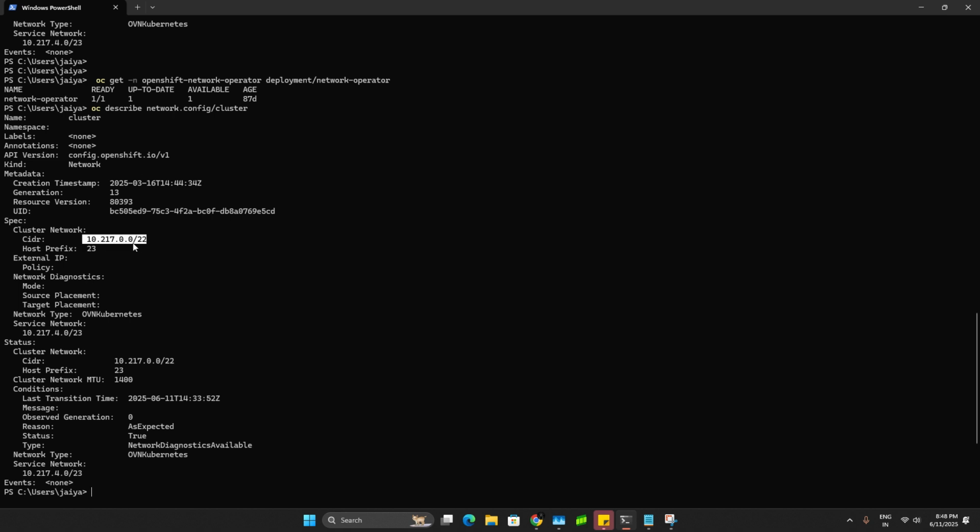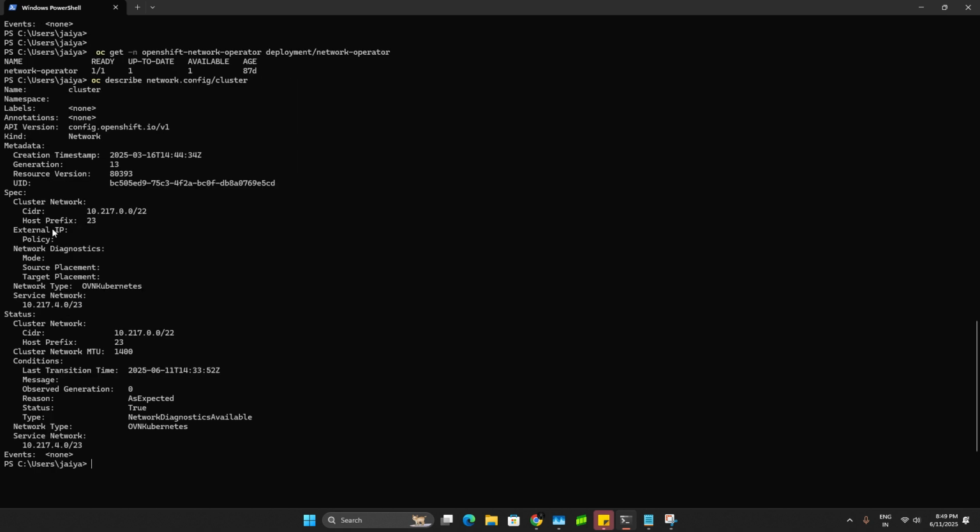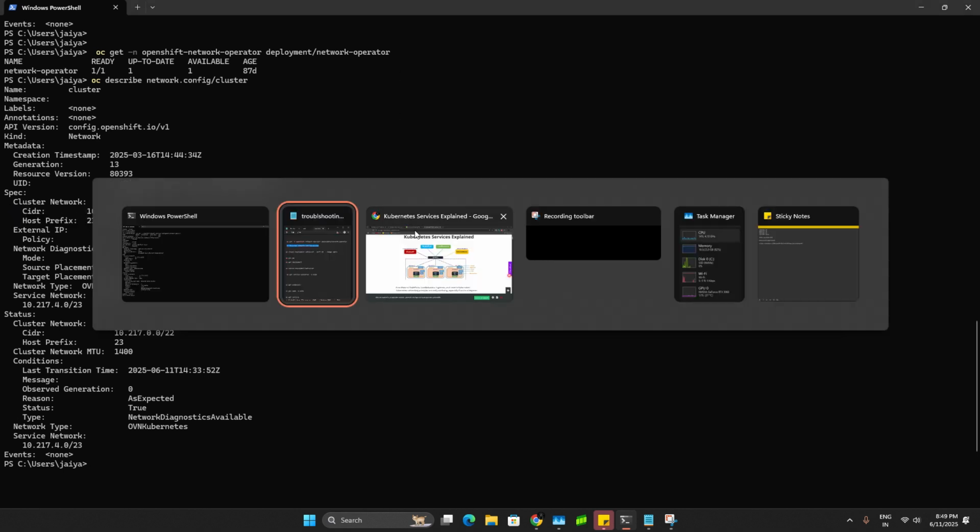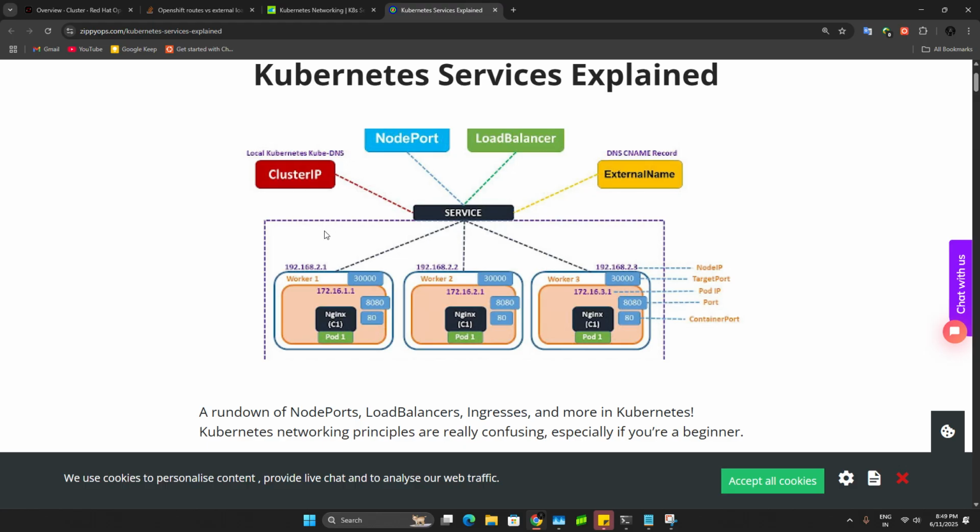So we want to check the subnets. In Kubernetes, if we want, we can customize this based on the cluster. This cluster IP will get the IPs from the CIDR of this cluster network. Then if we want to expose hundreds of thousands of pods with the cluster IP, we can't expose that application.